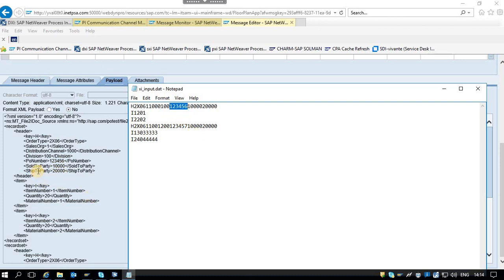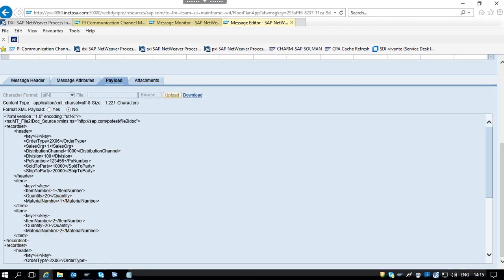It has taken PO number, sold to party, shipped to party, it has taken these two. So item one, first one is 201, 202. No, sorry, 20 and 1, 20 and 2. Similar way.